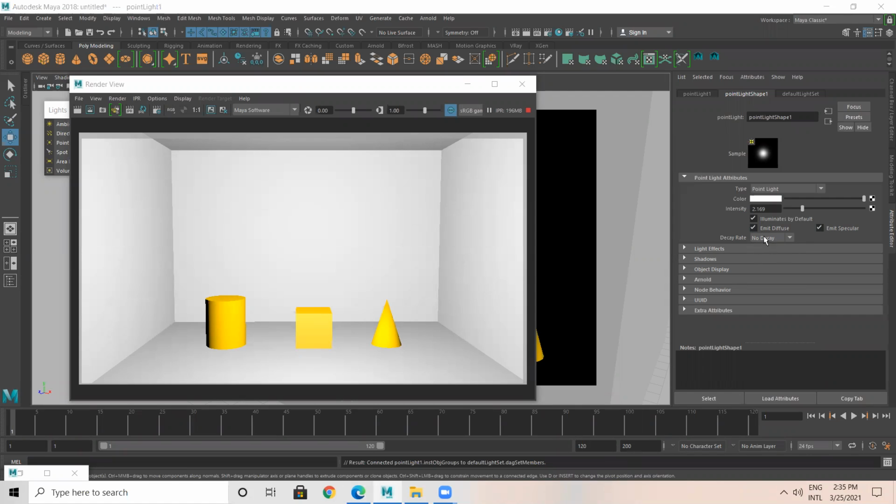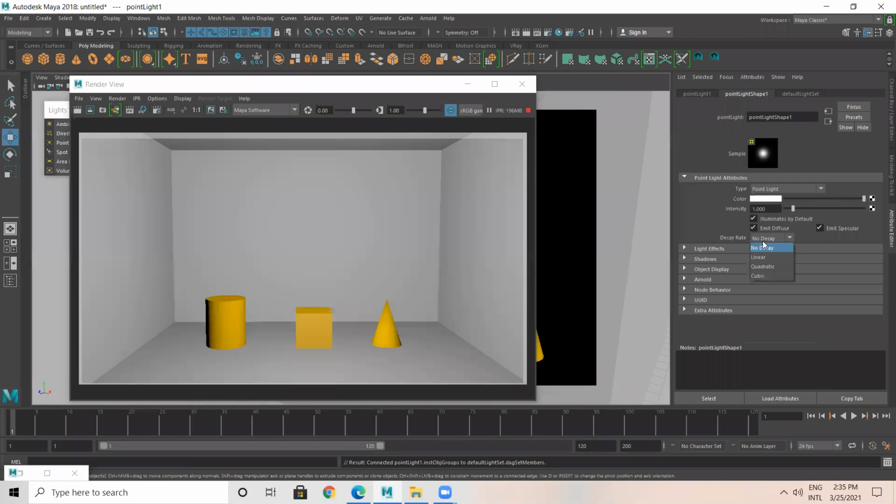Now you have another option. Let me make intensity the default, 1. There's something called decay rate. No decay means the light won't decay; the falloff won't be there. Simple example: take a torch and turn it on, and target it closer to some wall. You stand somewhere closer to the wall, turn on the torch and focus it towards the wall. You can see a lot of brightness, bright light falls on the wall, right? True, right?